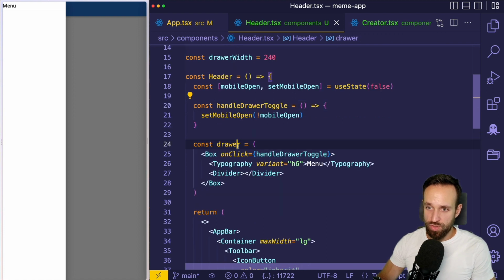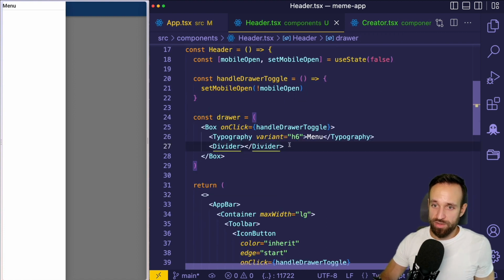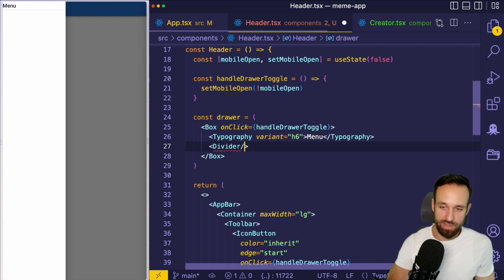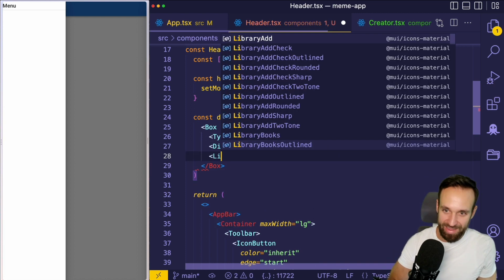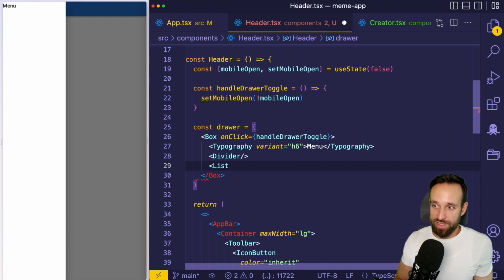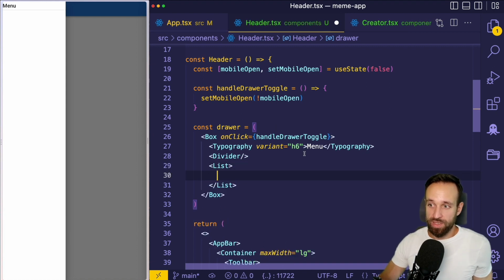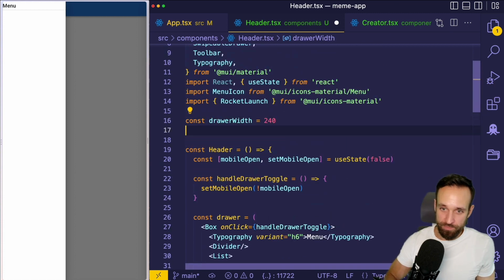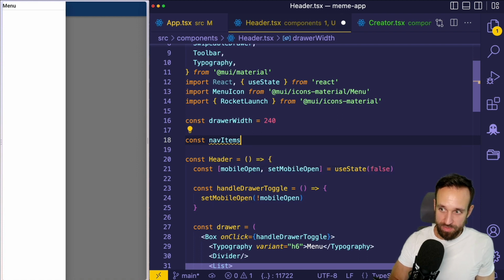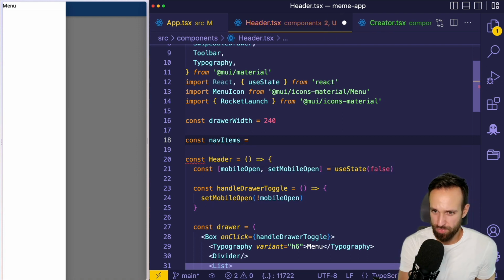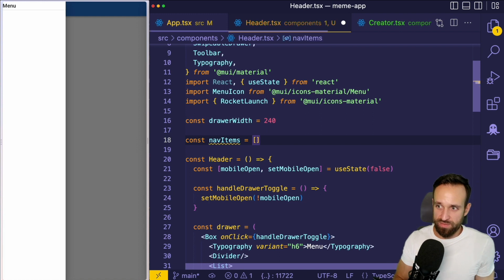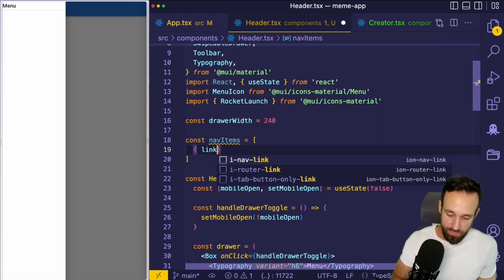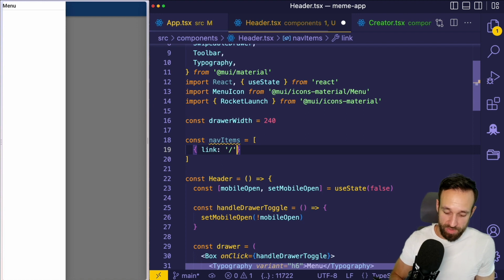Therefore, let's go back to our draw component up here, and under divider, just for the sake of it, close this in one element. Let's use a list because we want to list out some components. Now we need to talk about our navigation elements, and since we need them in the mobile menu as well as on the web, let's create a little array up here. Let's call this nav items. We could also have this as an input property for the header, but I don't really see any value in that right now. So let's say for the link slash,